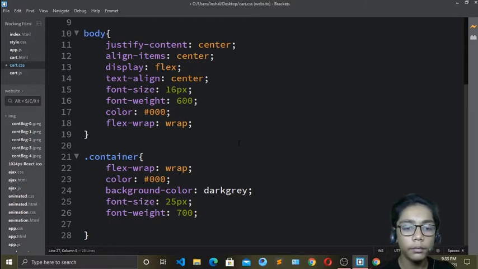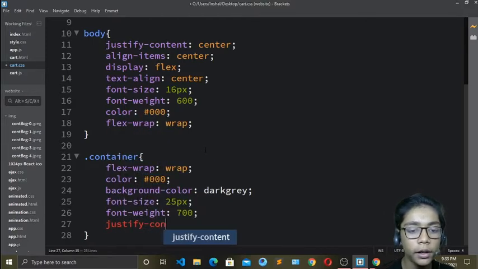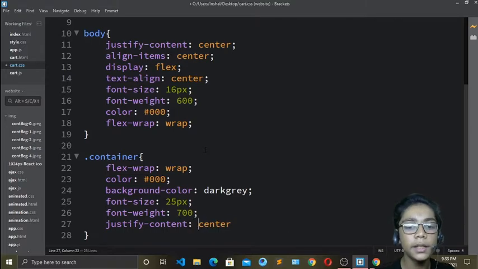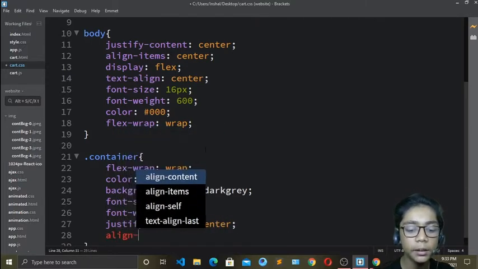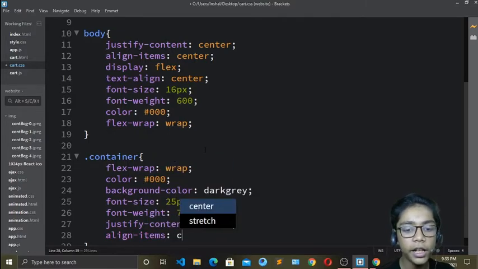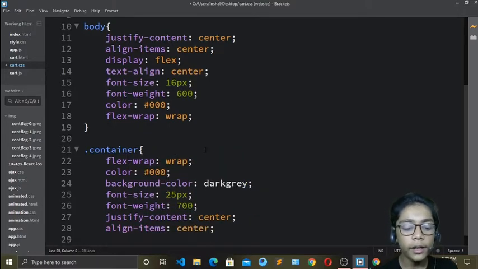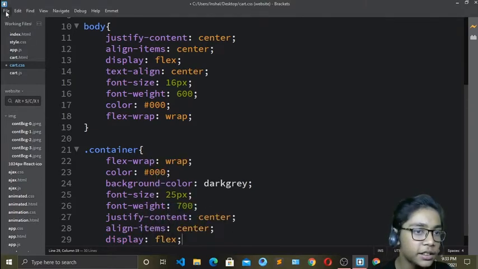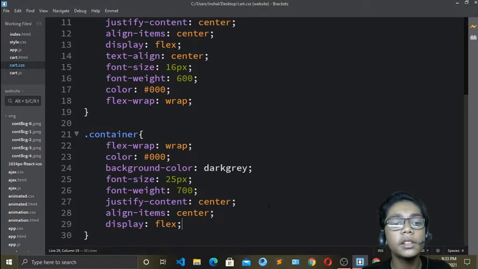And now when you have done that, write justify content in center, and over here I will press backspace and space. Then come and write align items in center. Right over here, display flex. So I will write display flex, and now when you've done that, hit save. And now we have done till over here.